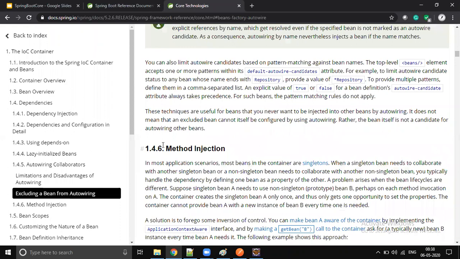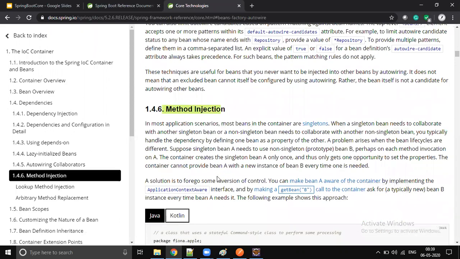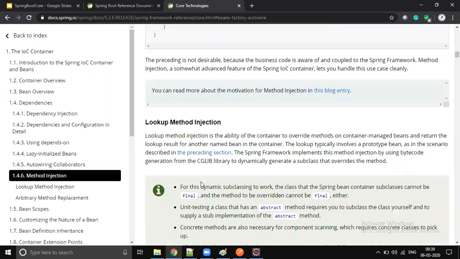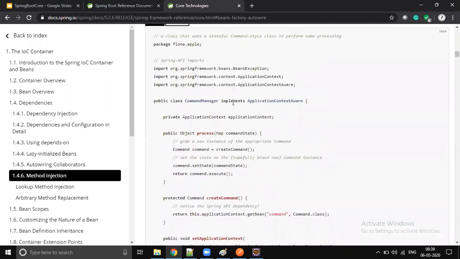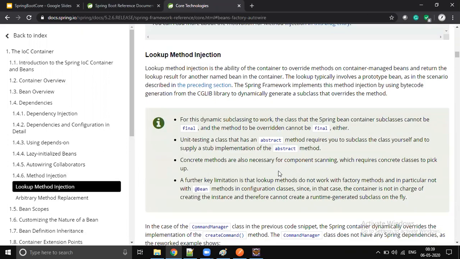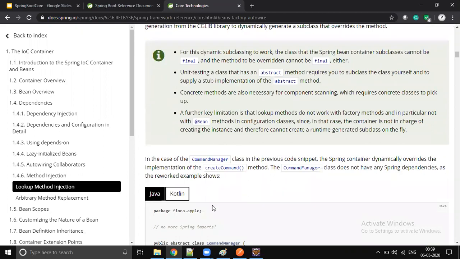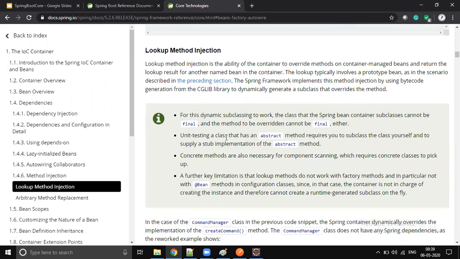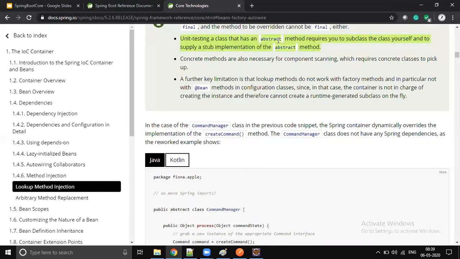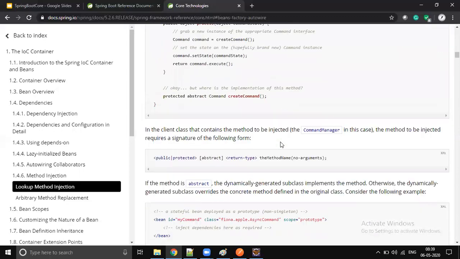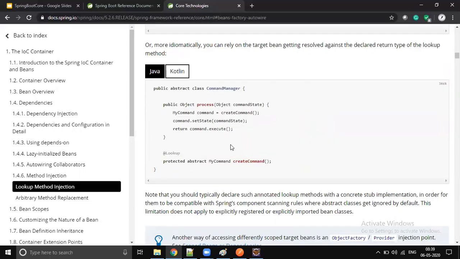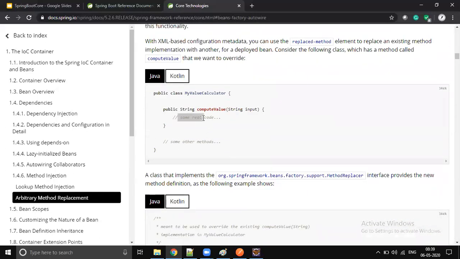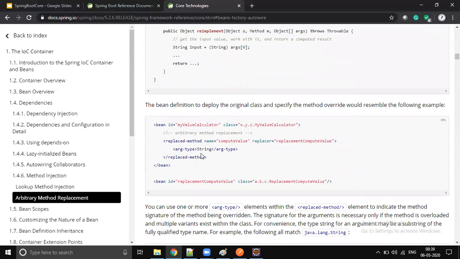Then the method injection, right? Whenever you are mixing two scopes, these concepts, whatever we discussed yesterday. One is lookup method injection. One is the ApplicationContextAware solution. Second one is @Lookup. You don't see the example here, but it's fine. Making an abstract class, an abstract method, annotating with @Lookup, that is another way. And the next way is overriding the method in the Java configuration. So that is what is good.